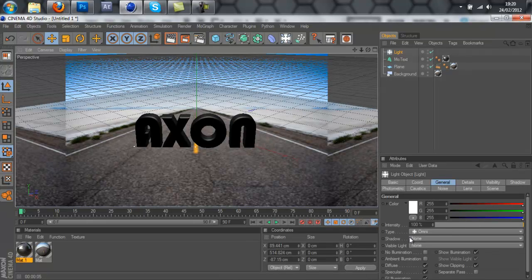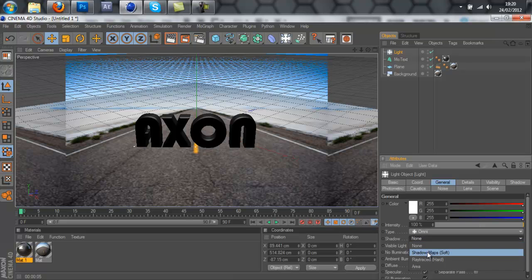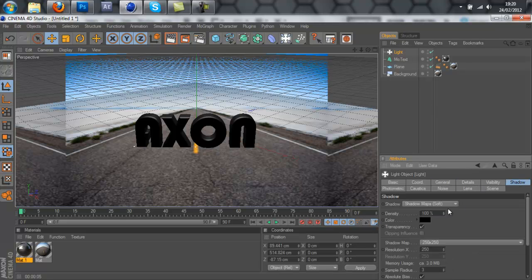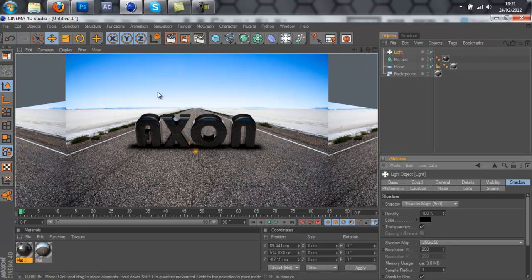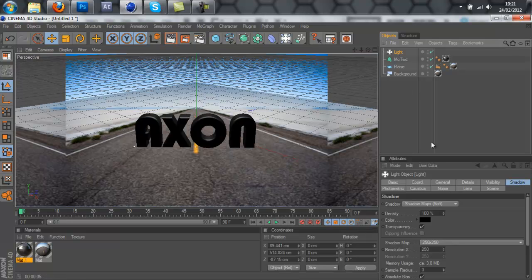Just gonna take it out a bit, and then click on Shadow and Shadow Map Soft in the General tab after clicking on the light. Then click on Shadow, but first if you render it, you'll see that it casts quite dark shadows, which you don't want because none of the other parts of the image have that dark shadows. So you want to set it down to maybe about 70%,